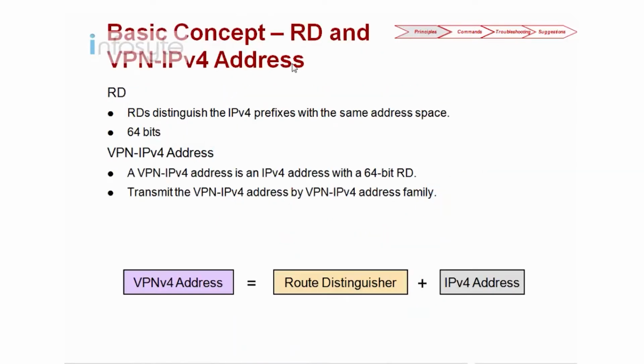After the VPN instance, right now we are going to check the RD and also the VPN IPv4 address. First, have a look at RD. RD is to distinguish IPv4 prefixes with the same address space and is 64 bits. Just now we mentioned the VPN instance is also to prevent the same address space, but they are based on different situations. Let me give you some examples to show the difference between the VPN instance and the route distinguisher. So let's say right now